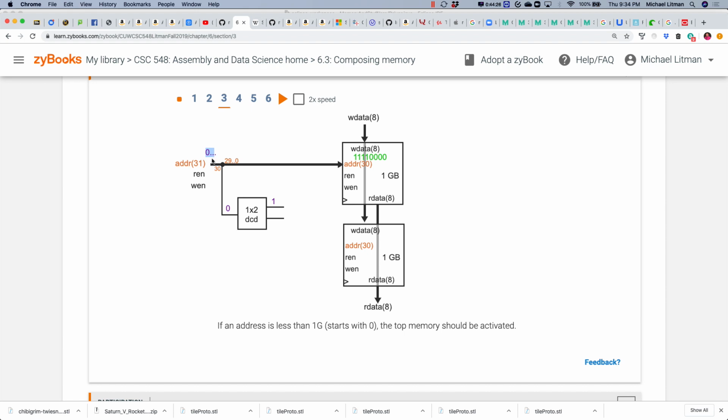It's not correct, talking about the address. Each address gets you only 8 bits. If you think about 0 to 1 gig being on one chip, then yeah, she already said that. She gets that part of it. Okay, what is the size of an address in a memory? In our memory here, yeah, 8 bits. So what is that saying? If an address is less than a gig, that's what is making me